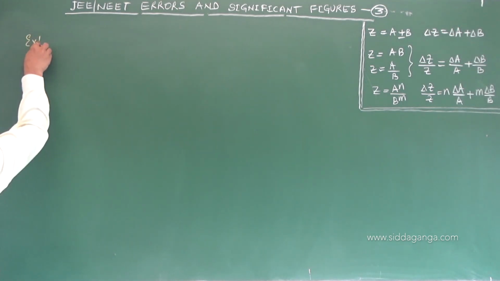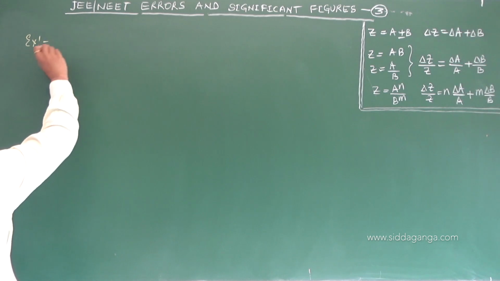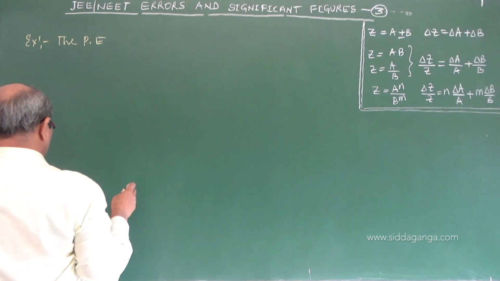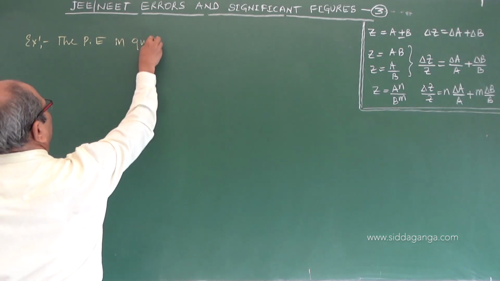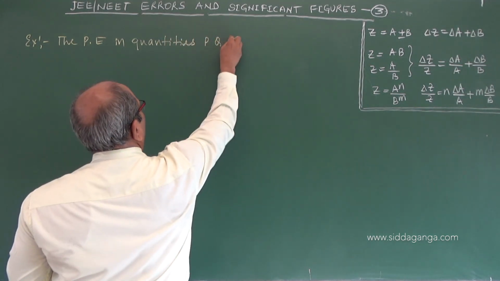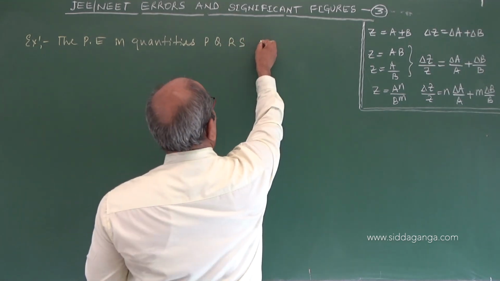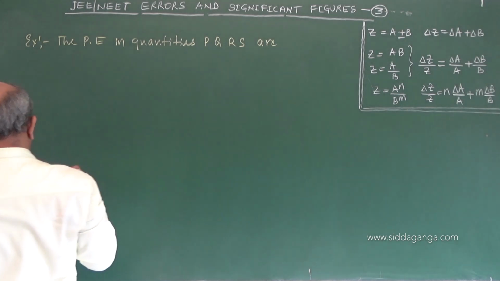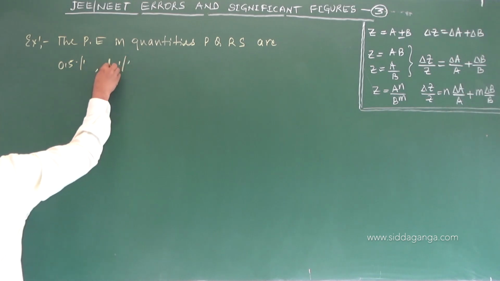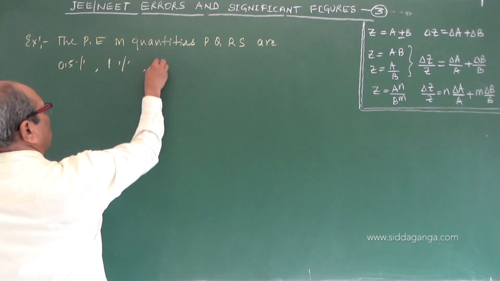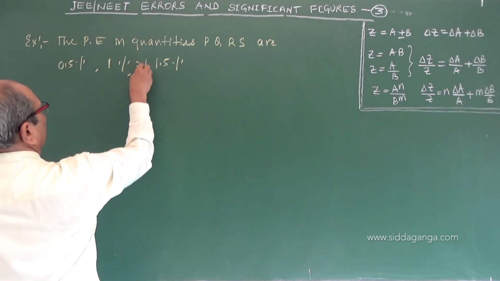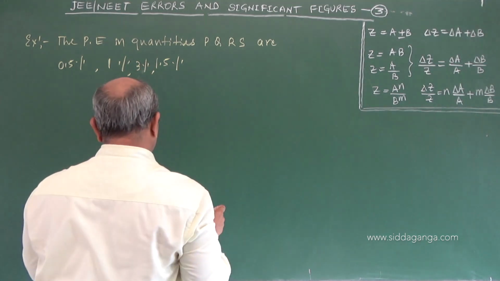So, the next example. The percentage errors in quantities P, Q, R, S are 0.5%, 1%, 3%, and 1.5% respectively